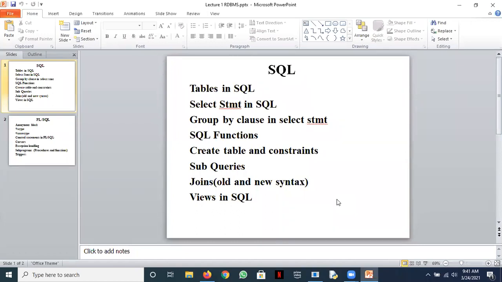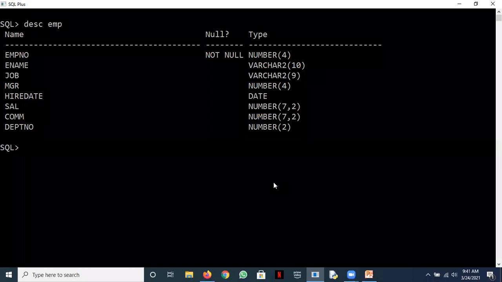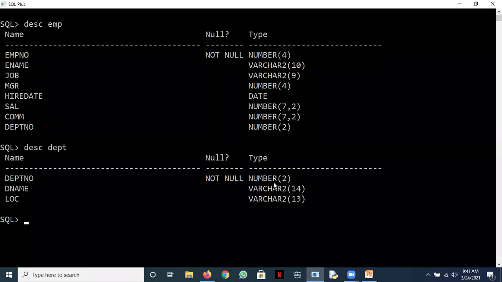As in our discussion in the beginning of this semester, we talked of a user Scott, if you remember. And then all of you copied two important tables of Scott into your own accounts. I've done the same. You can see here the emp table. These are the predefined tables in Oracle with the user Scott. So we extend the permission from Scott to everybody, to public, so that we can practice the basic DML statements and the select statement on this before we start creating our own tables. Similar is with the department table.